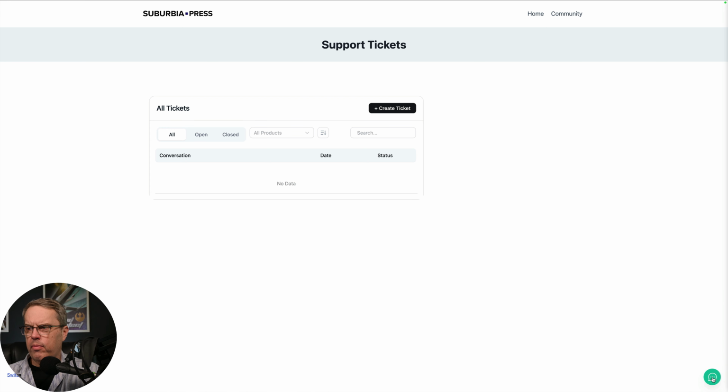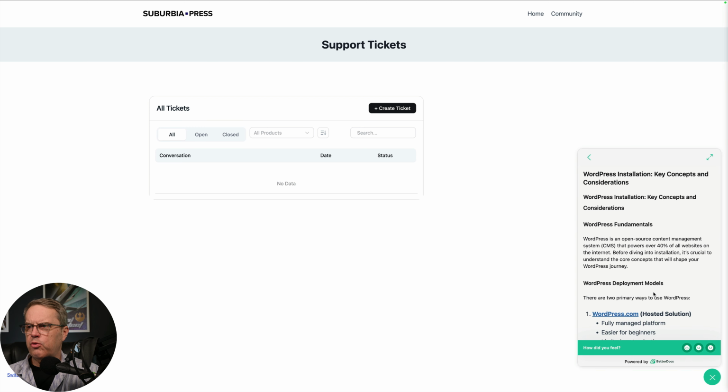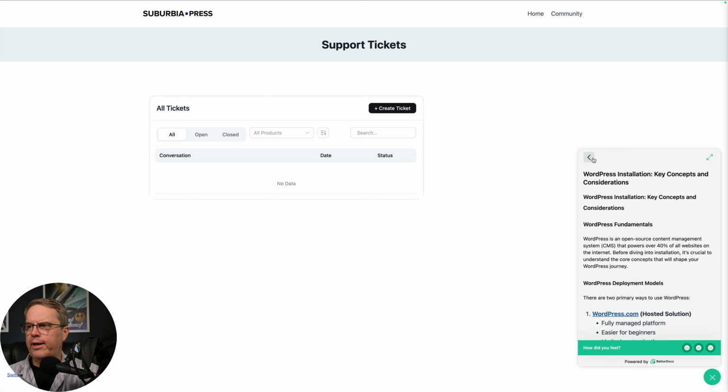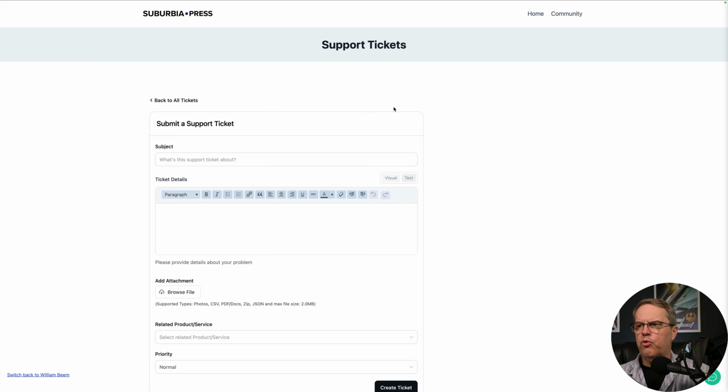Down here in the bottom is this little chat bot, and it has some documents. These are the same things we looked at in the knowledge base. So you can see there are knowledge base articles right here. Another way to look at that is to create a ticket. And as you start typing things in here, it will start looking to see if there is a matching knowledge base article. So if I just type in WordPress,